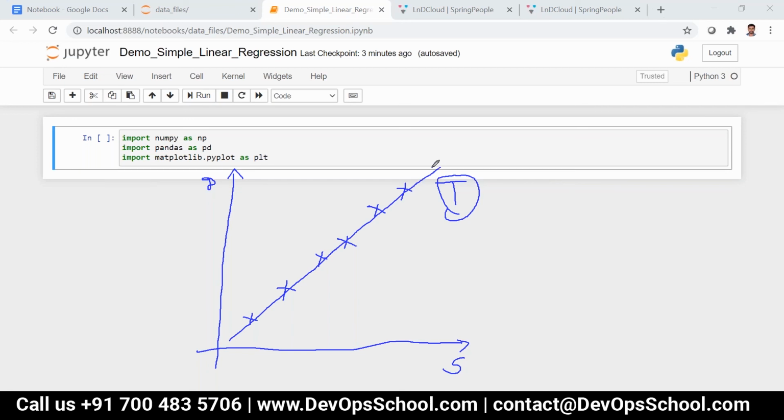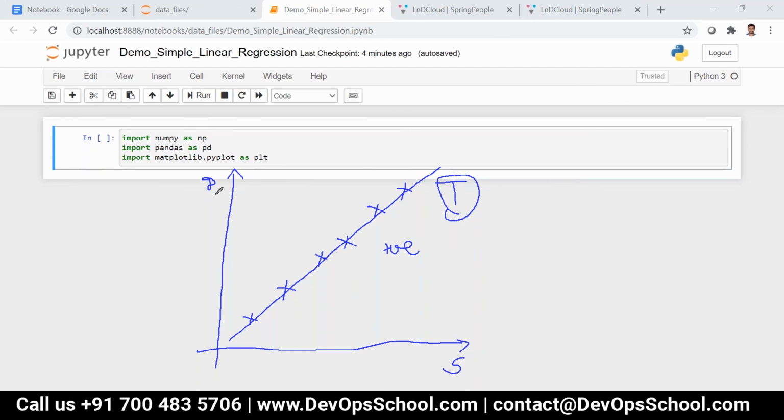So speed is directly proportional to distance when t is constant. So this is nothing but positive linear regression. It's nothing but positive linear regression and positive correlation between speed and distance. What do you mean by correlation? The relationship between the variables. Okay, the relationship between the variables. All right. So you can see the positive relationship between speed and distance.